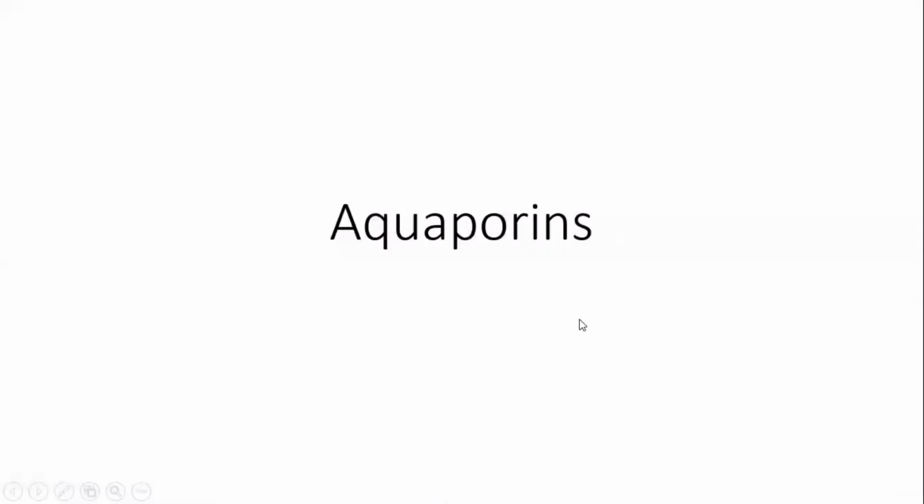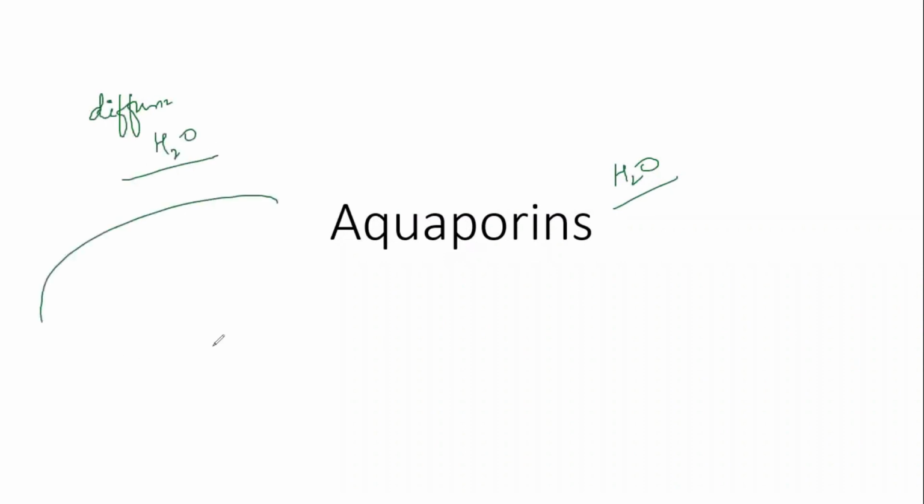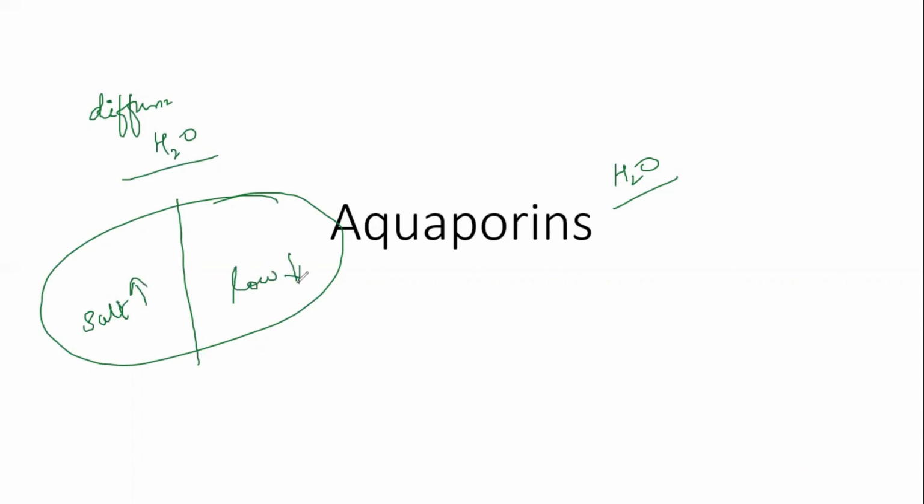Now let's talk about the aquaporins. Aquaporins, नाम से ही पता चल रहा है, here we are going to talk about the water channels. Usually, if you remember in the starting of the lectures, we said that because of diffusion, the water can pass through the plasma membrane. For example, let us say that cell है, ये आपका osmotic layer है. If you have got high salt concentration here and low salt concentration here, so the water will diffuse, right? Water आपका यहाँ से यहाँ जाएगा,